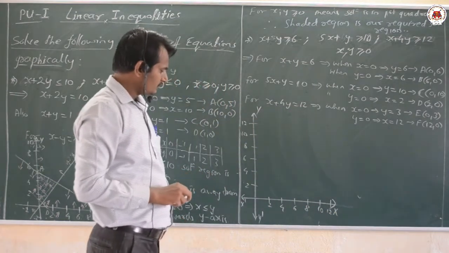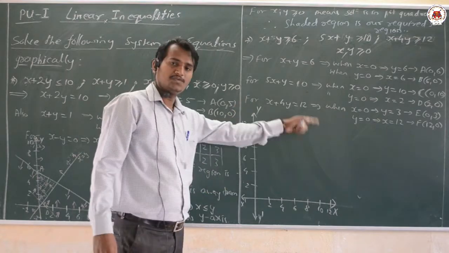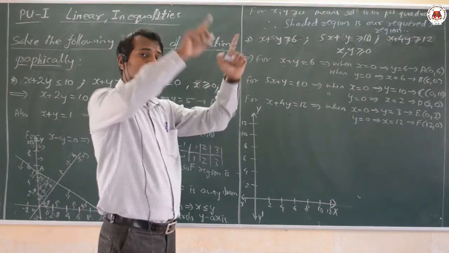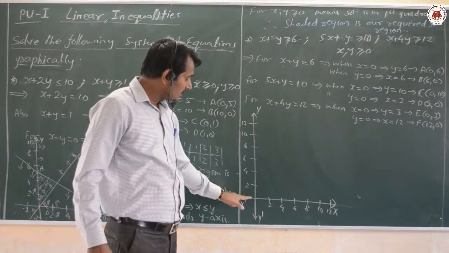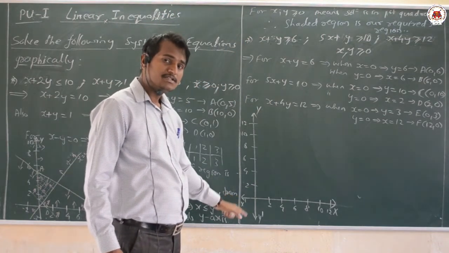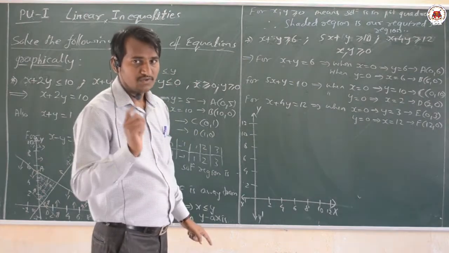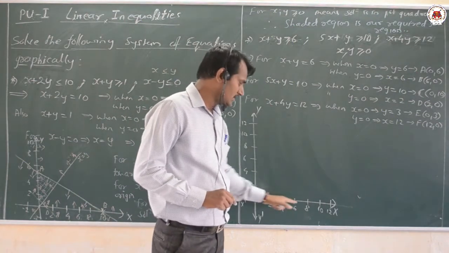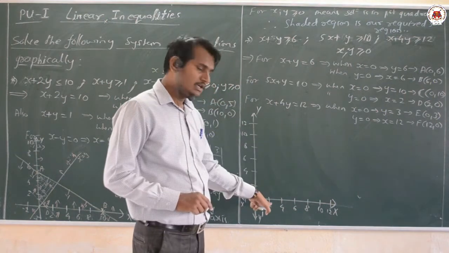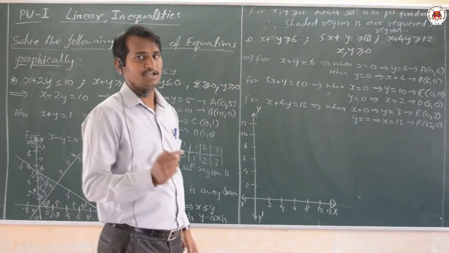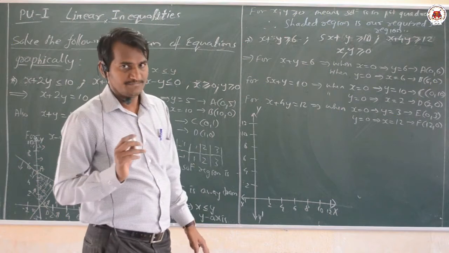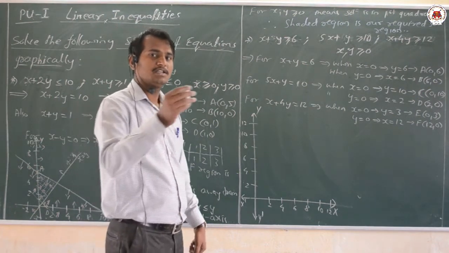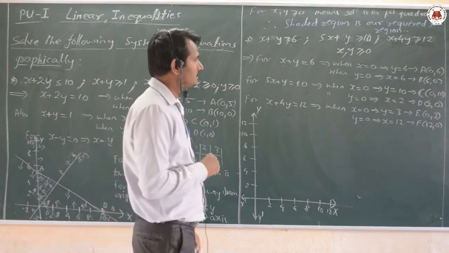Dear students, I am taking 2, 4, 6, 8 here because of the scarcity of space. Since for one question you are having one complete graph, you can change the scale of the unit here. For example, 1 unit equal to 1 centimeter you can take. Similarly, you can write 1, 2, 3, 4, 5, 6 till 12. Or else 2 centimeters equal to 2 units you can write. In that manner you can draw it. The graph should be very, very neat here. And the graph carries a very vital role in your examination. Maximum marks is on the graph only. This is the first thing.